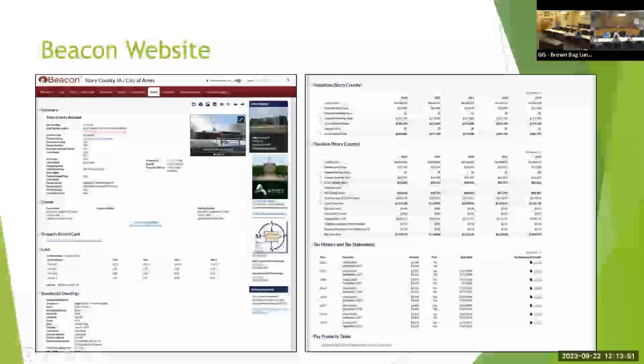Okay, I want to show a little bit. First of all, just a screenshot of our Beacon website. And we'll show that live too after my presentation. We can just show it, for those that aren't familiar with it. There is a lot of information on there. Just yesterday, in fact, we had a new module created by the Schneider Corporation that will show more detailed drainage district information.